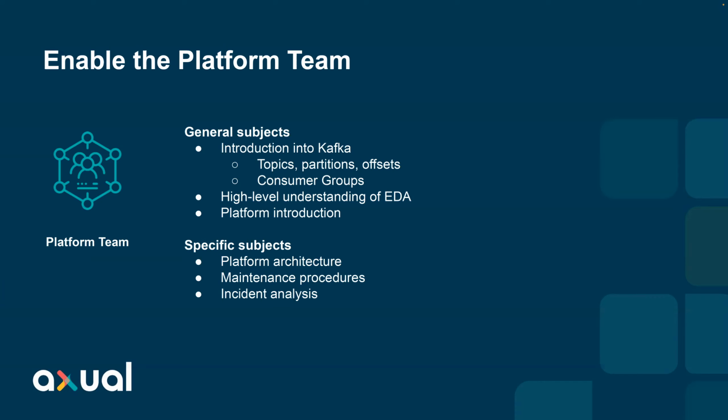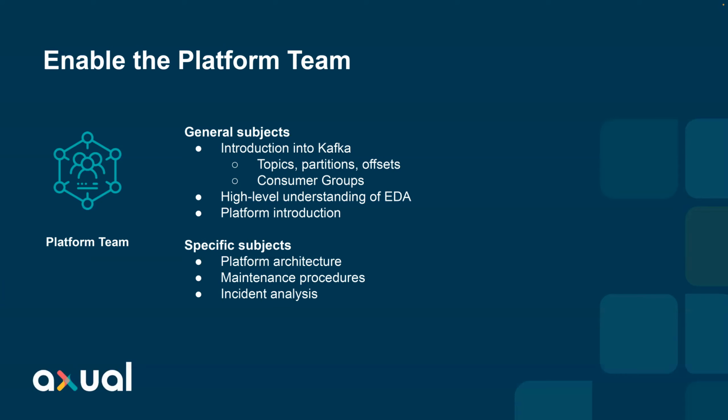So talk about platform architecture. What did we set up? How is it installed? Where do we find all the machines that run this software? How is it interlinked with all of the rest of the enterprise systems for authentication, for storage, etc.? What are the typical maintenance procedures? So how do we ensure that we achieve the service level internally by making sure we preemptively do a number of tasks, and we don't let disks run full, to just name one thing.